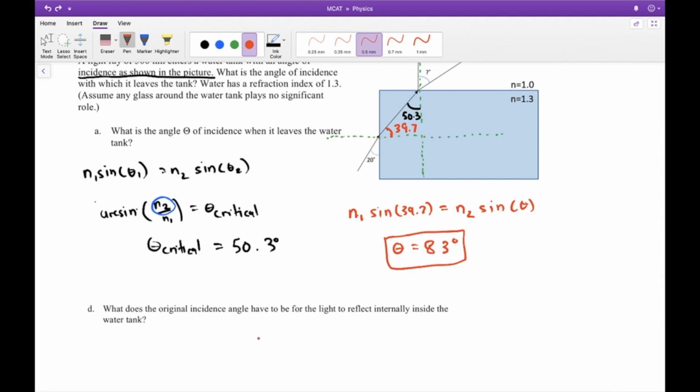So the answer for part B should be 83.0 degrees. Okay, that should be your incidence angle. And make sure that you know that it's that angle, okay? Not this one. It's that angle,